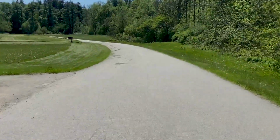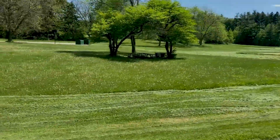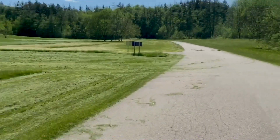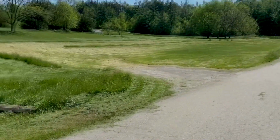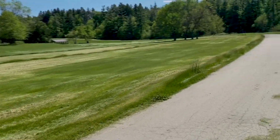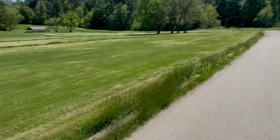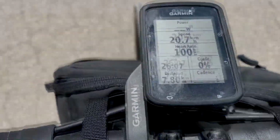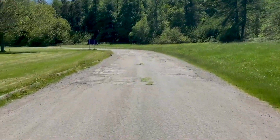Now, this place is usually always busy around this time of year, so to see it completely dead with no one is pretty crazy, because usually this would be covered with campgrounds, and that's the pretty big hill, as you guys can see up in the distance, that I'll be climbing. So pretty good just to spin the legs. We're already at 8 kilometers, so like I said, if I can hit 100 today, it'd be a good day